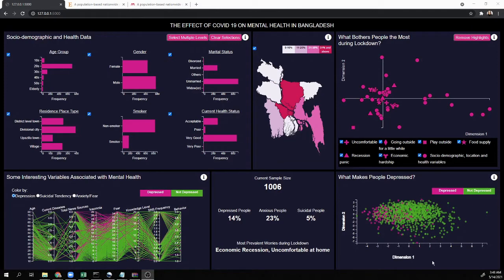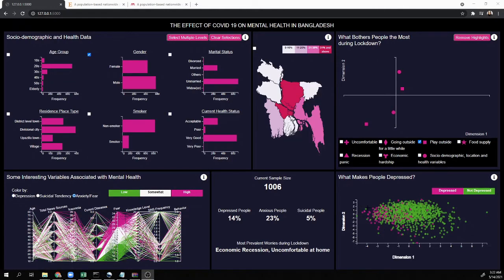So lastly, we have the MDS scatter plot. The multidimensional scaling algorithm was run on these variables here in the PCP, except for this behavior variable. And as you can see, there is no depression related variable here. After doing the multidimensional scaling algorithm, I have projected them into this scatter plot and colored them by their depression level without any kind of clustering. As you can see, on the leftmost side of this plot there are more depressed people, and on the right side there are almost no depressed people. So there is clearly something going on here.